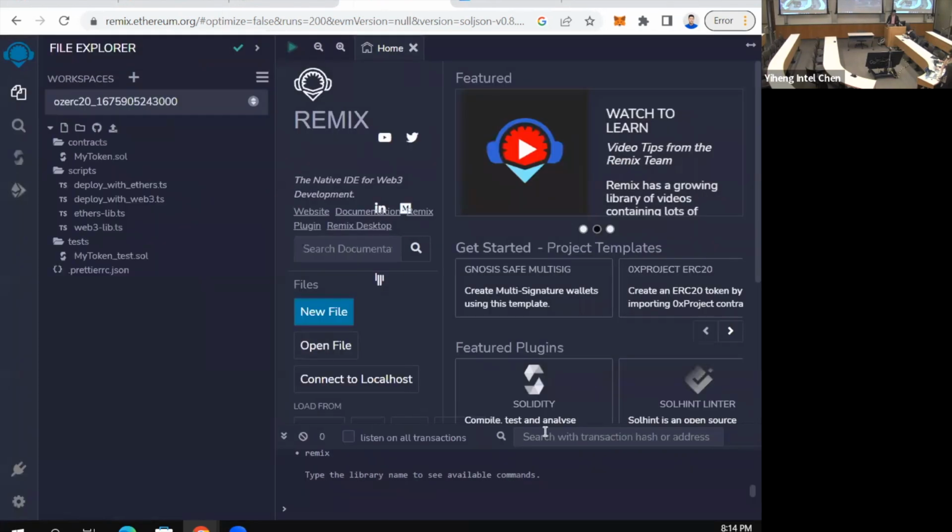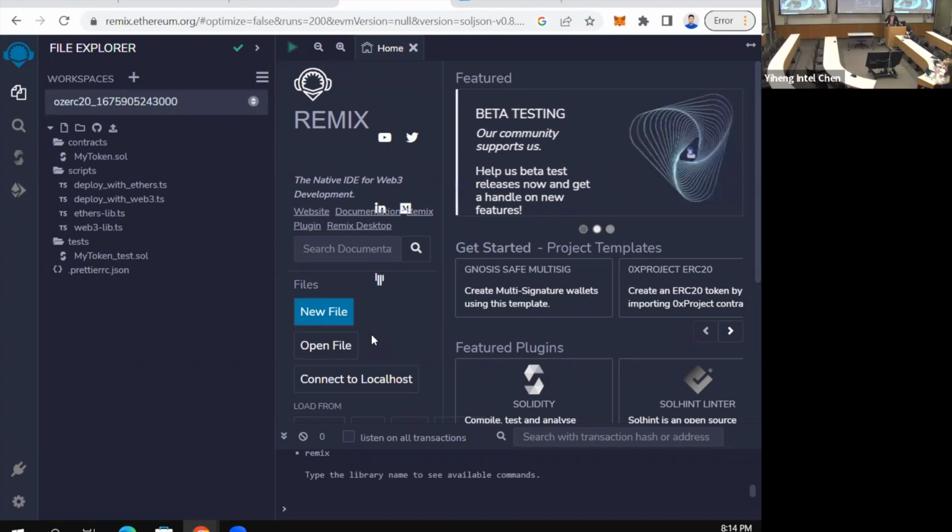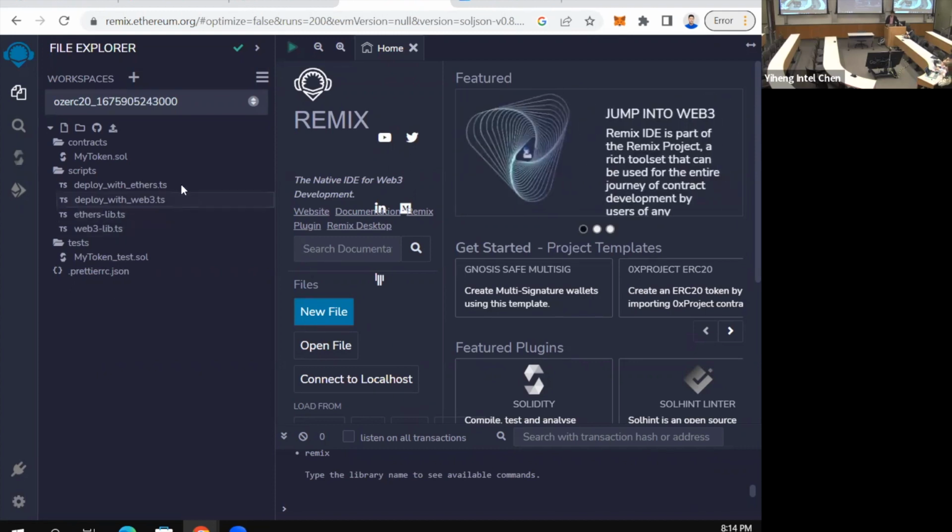Okay, so we created this template. So what's a template? It's essentially like if we want to make sourdough, there's a set of recipes you can probably start with. You can add your own inspirations, put in cinnamon or your house special ingredients, but this is what you start with. So your smart contract actually lives in a file under this folder called contracts, and specifically MyToken. So if you click on that,